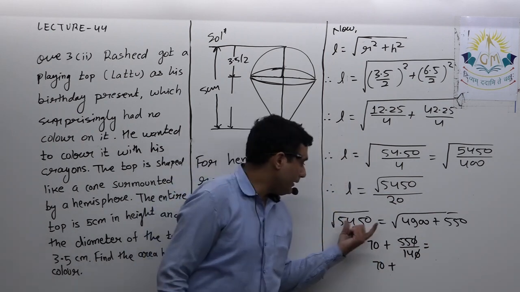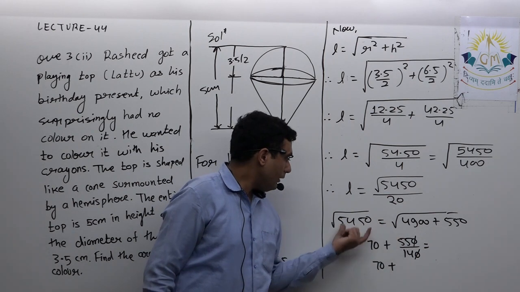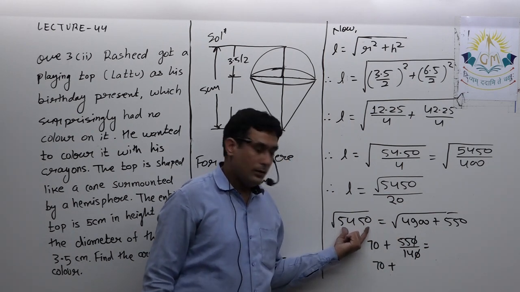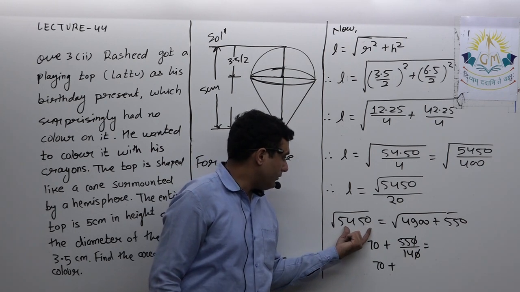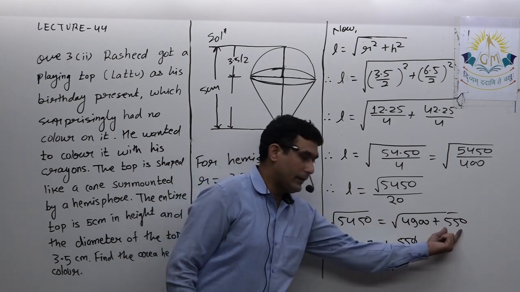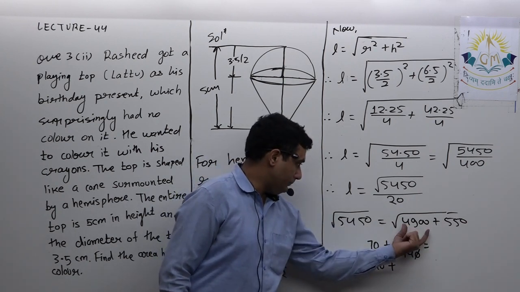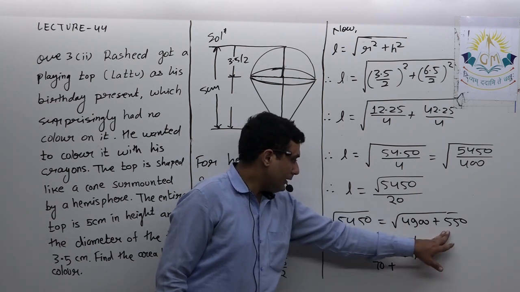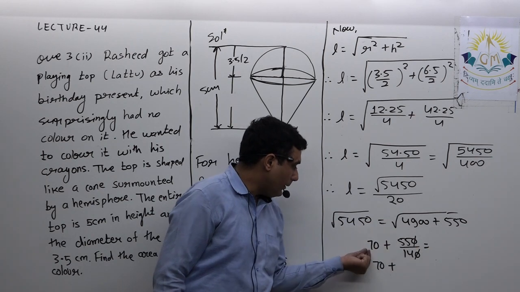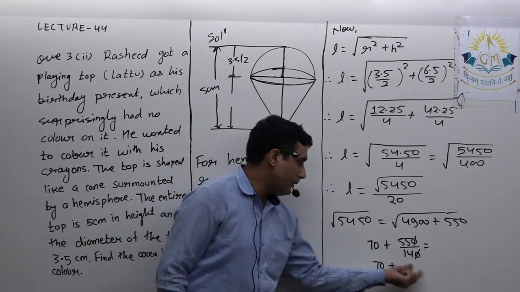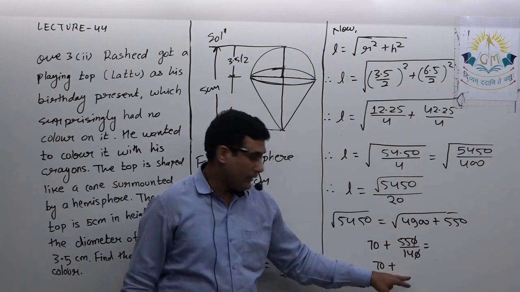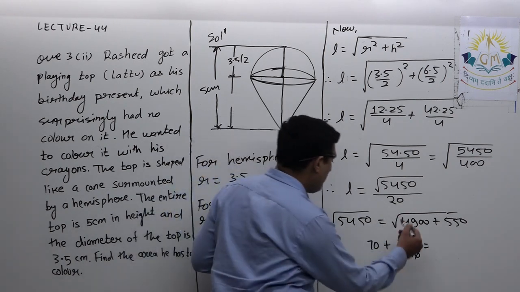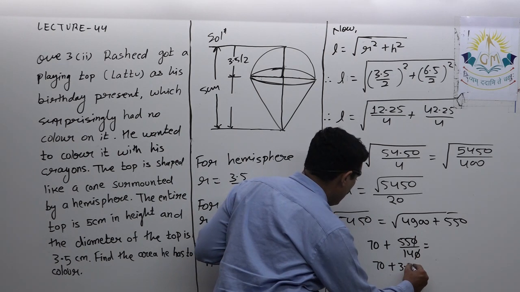Okay, I am repeating this method once again. First I split this into two terms, among which one is a complete square, and the remaining part I wrote as it is. Square of this I wrote 70, and instead of this I wrote 550, double of this, whatever you will get, divide it. 0 and 0 you can cancel, 55 upon 14. So 14 fours are 56, so this is approximately 3.9.